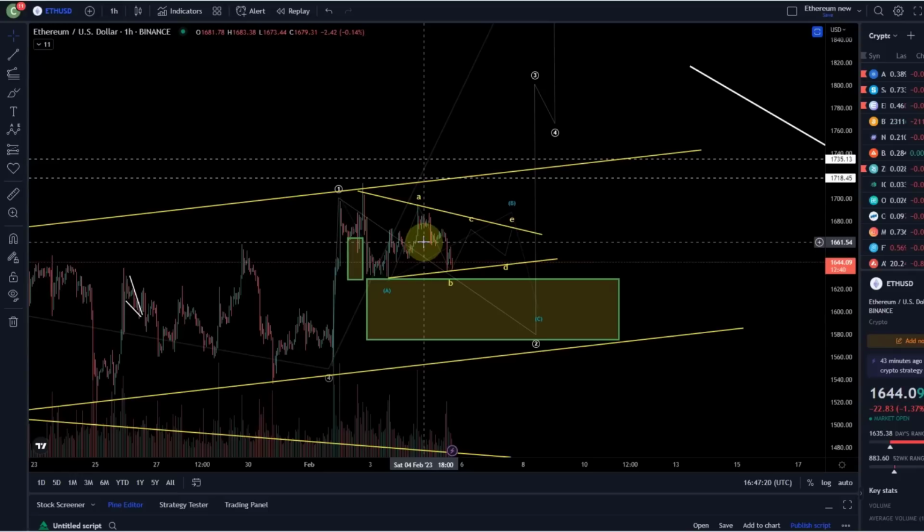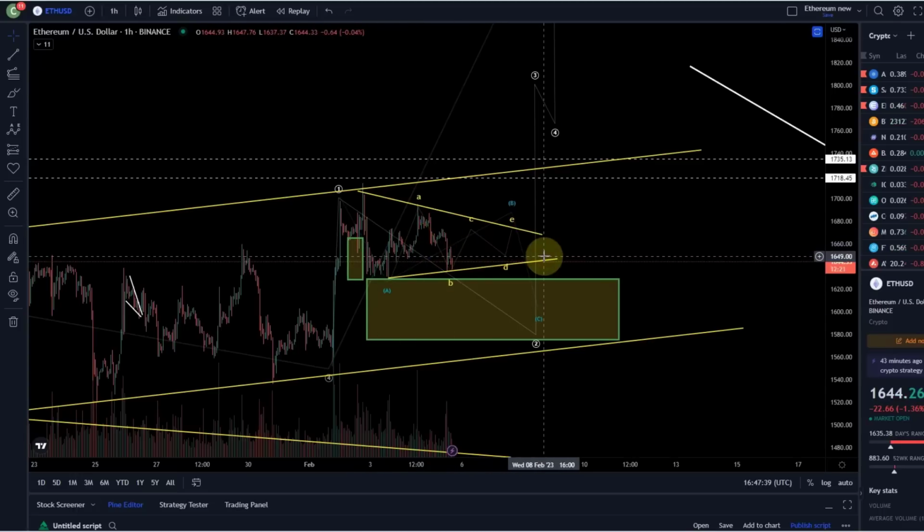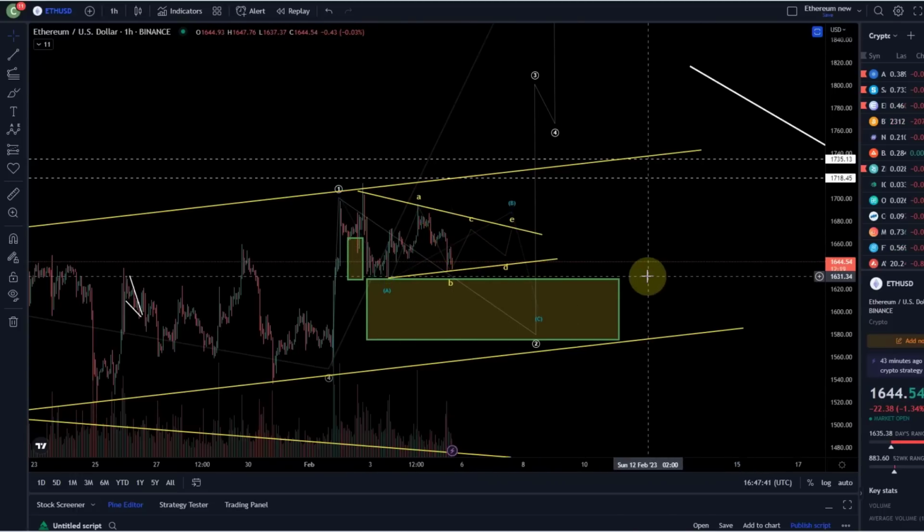At some point we will be able to say also here on the lower time frame, okay, it's more likely this, it's more likely that. But in the end, what is important, and that's what I try to preach continuously here, is not to get too confused about the sub-wave counts. Yeah, because this could be an ABC, it could be a flat pattern, could become a triangle. I don't know, nobody knows.